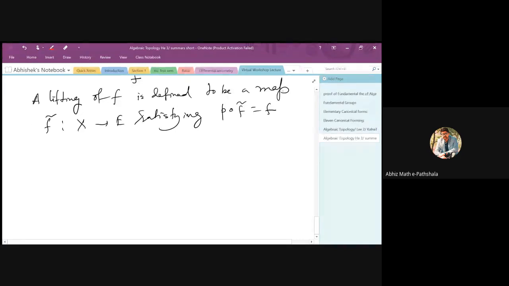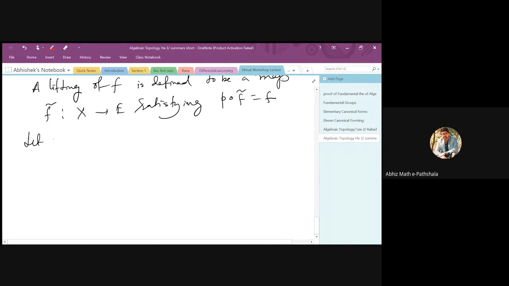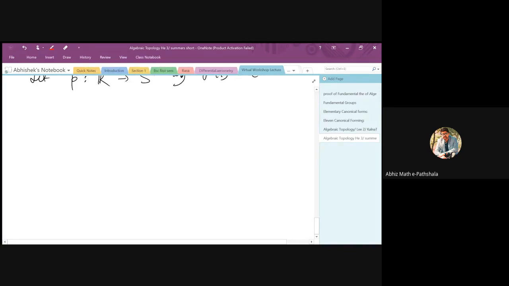So let us have a look at some examples of liftings. Basically I will concentrate on the map P of t equals e to the power of this expression. So if we draw the pictures, then you will see that suppose